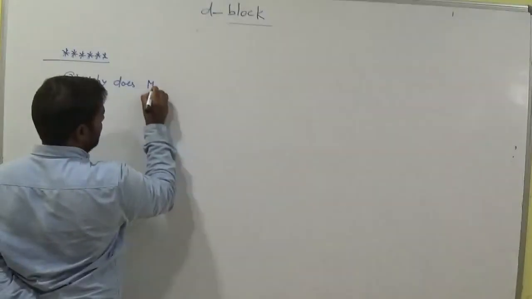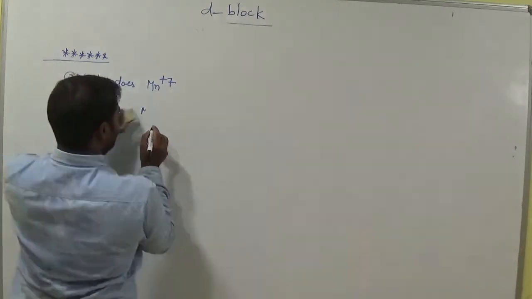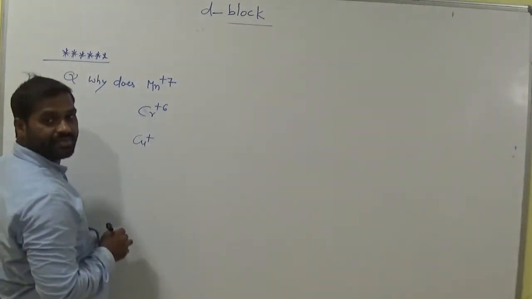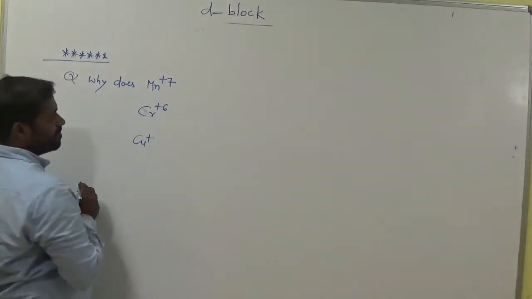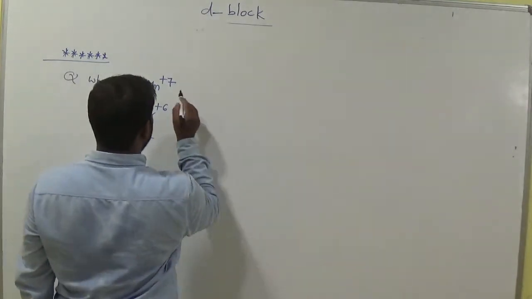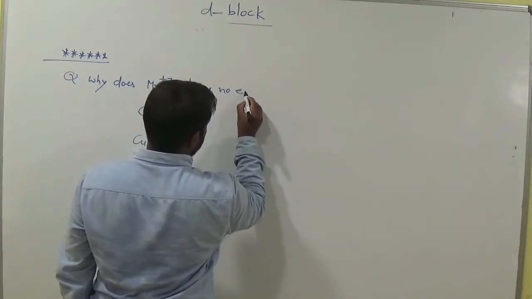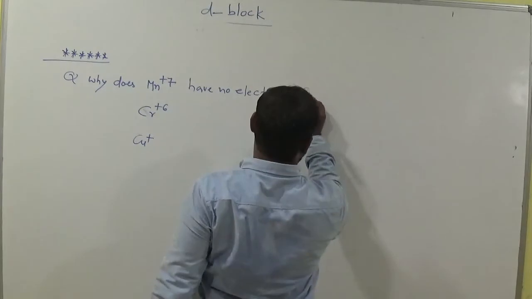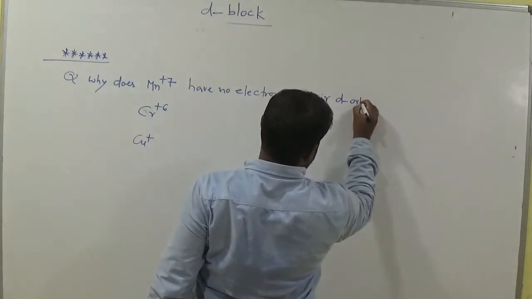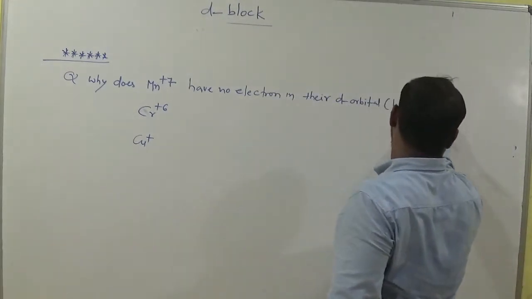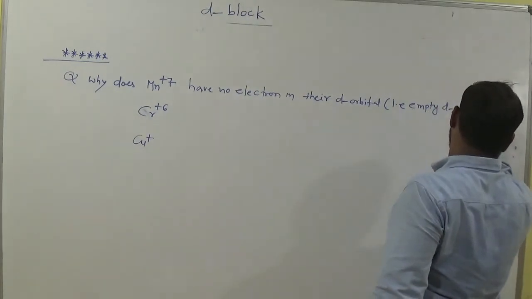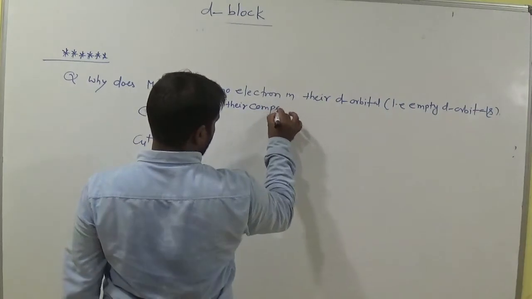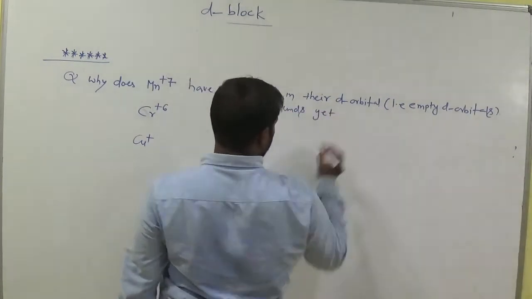Why do Mn plus 7, chromium plus 6, Cu plus, have no electrons in their d orbitals, that is, empty d orbitals, in their compounds,